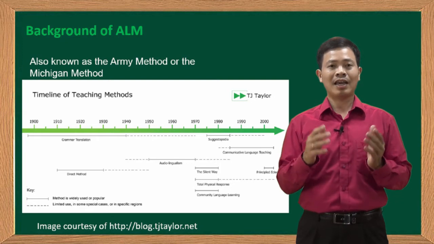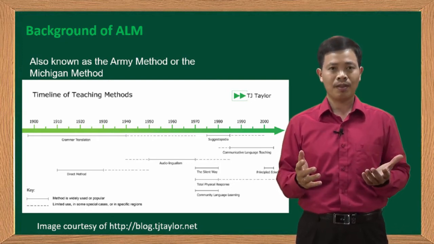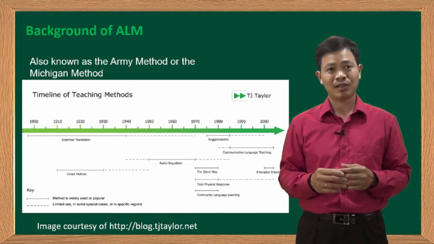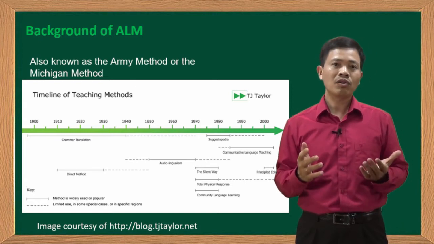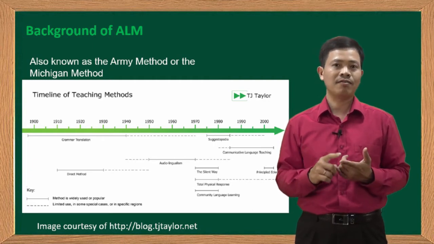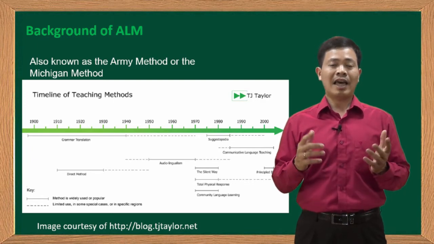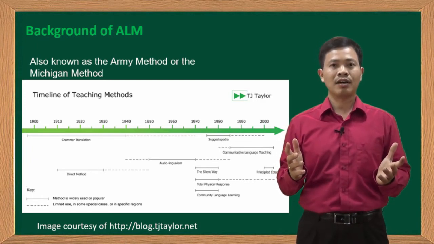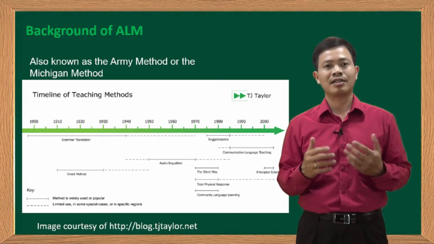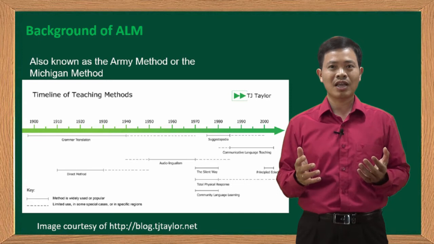So the emphasis is on the target language, not on the native language. The audiolingual method was very widely used in the 1950s and 1960s. The emphasis at that time was not on understanding of words, but rather on the acquisition of structures and patterns